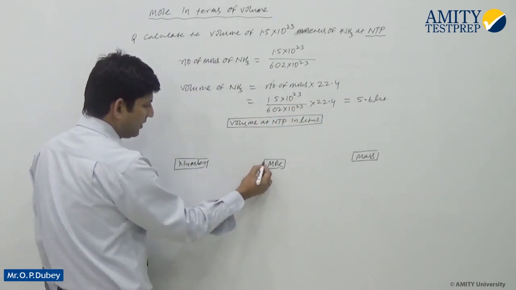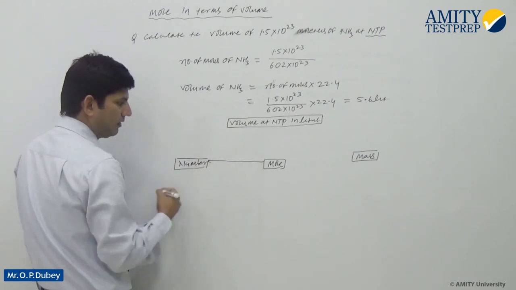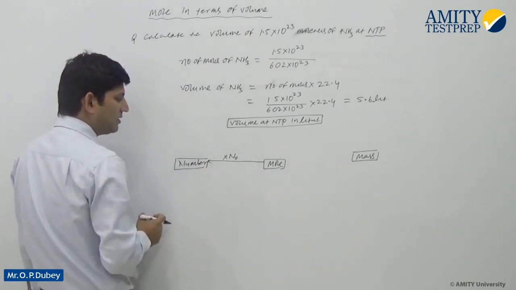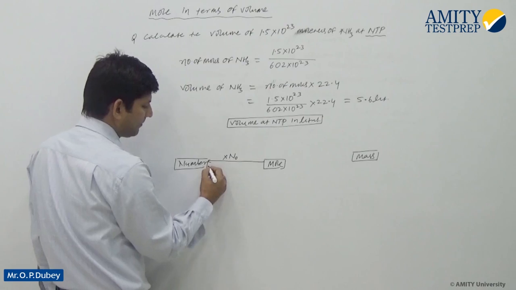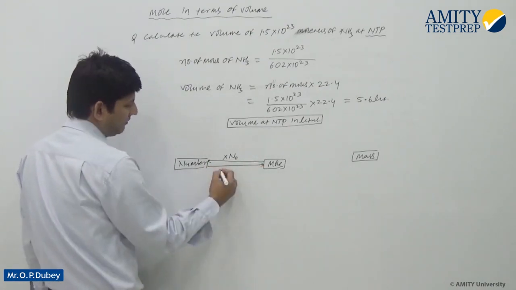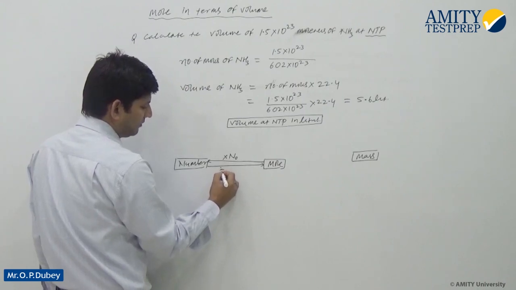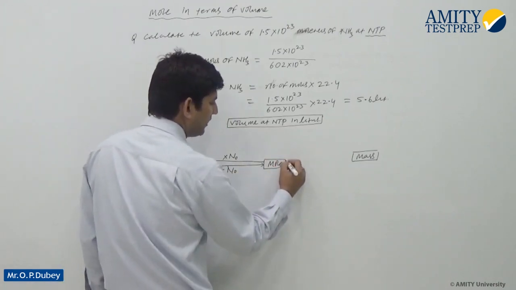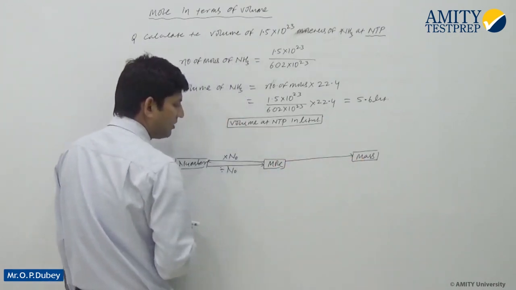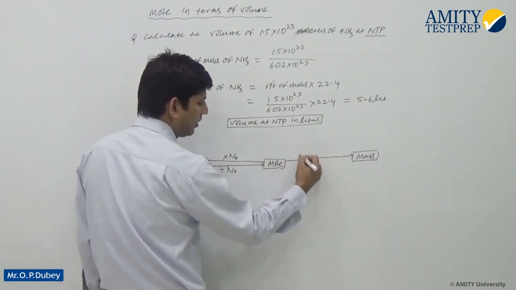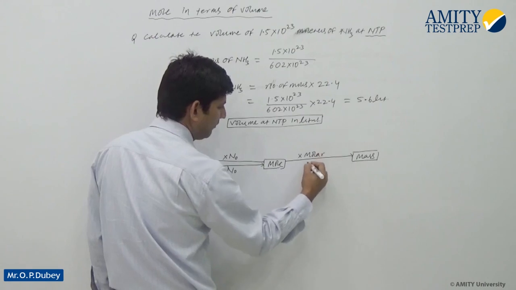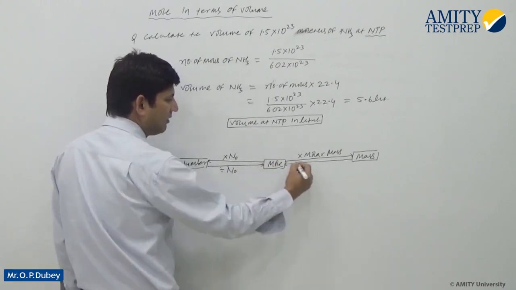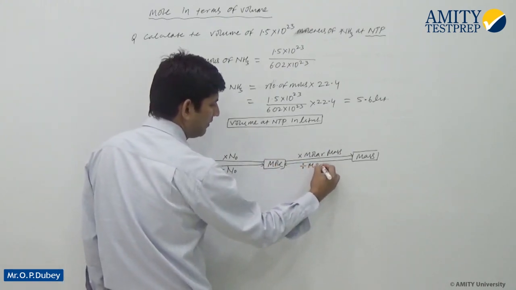If the number of moles is given, we can calculate the number of particles by multiplying the Avogadro number. Like 1 mole of any chemical substance is equal to the N naught particles, and if the number of particles is given, we can easily calculate the number of moles dividing by the N naught, Avogadro number. If the number of moles is given, we can calculate the mass of a chemical substance by multiplying with molar mass, and if the mass of a chemical substance is given, we can calculate the number of moles dividing by the molar mass,